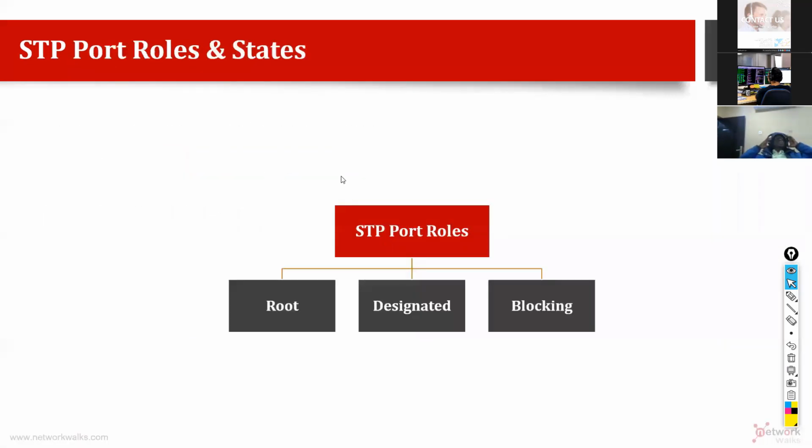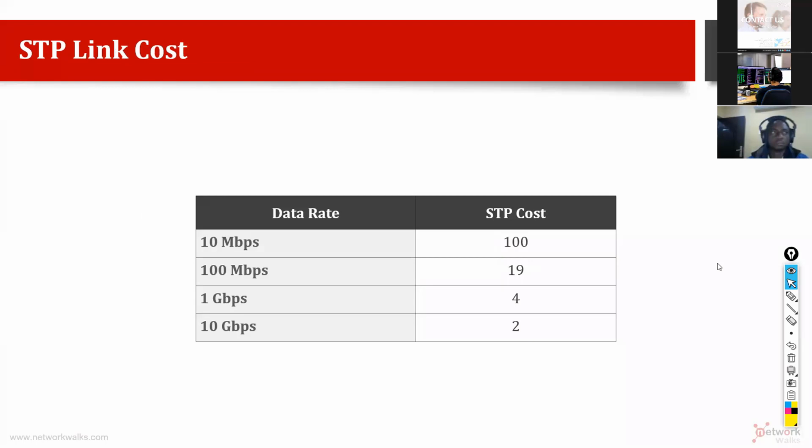Now, few more important points. So it has 3 types of ports. We already know: root port, designated port, and blocking port, right? And then this is the link cost, which is fixed. We do not change it, but we can change if we want to tweak, if we want to modify the default behavior. For 10 MB link, the cost is 100. For 100 MB link, the cost is 19. Do you set the bridge ID? No, Jamu, they will take automatically. So when I show you the lab, I will show you, they will pick up automatically based on the MAC address. Then 1 GB is 4. You can see as the bandwidth is increasing, this one is decreasing. It means if we have a link of 1 GB, that will be preferred over 100 MB link.